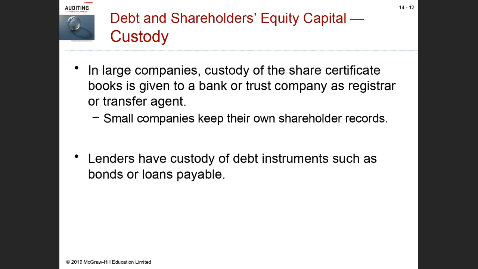When money is loaned to a business, you're going to have an actual legal document in place. So if you issue a bond payable, for example, there's something called a bond indenture put together. The bond indenture is just a contract between the borrower and the lender. It's a very substantial legal document, often 2 or 3 inches thick, right?